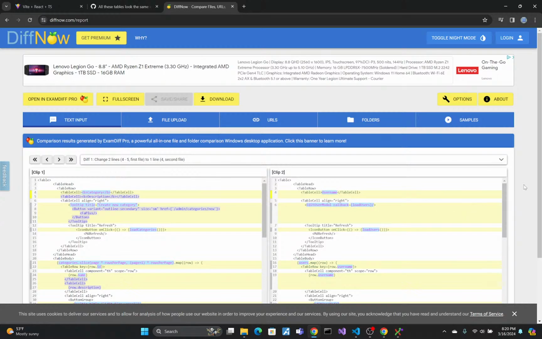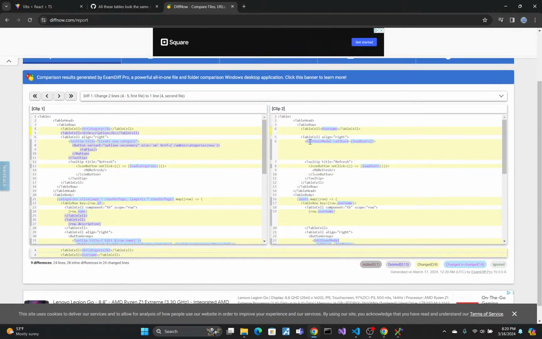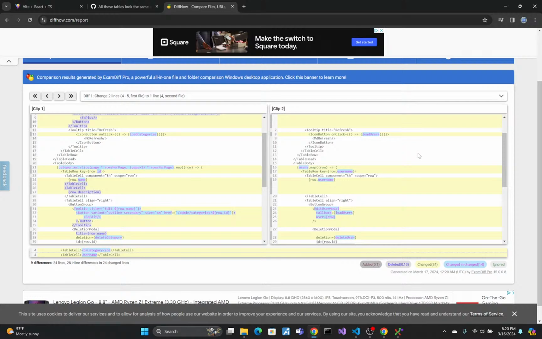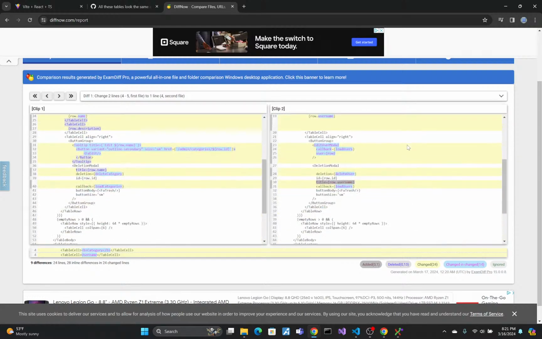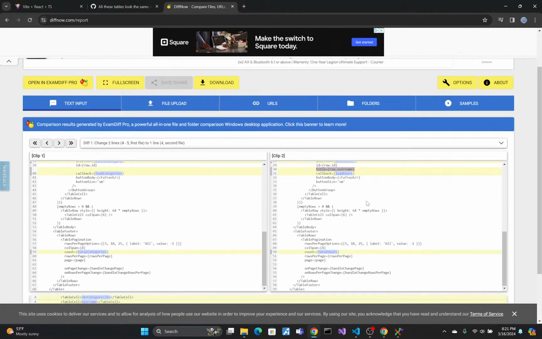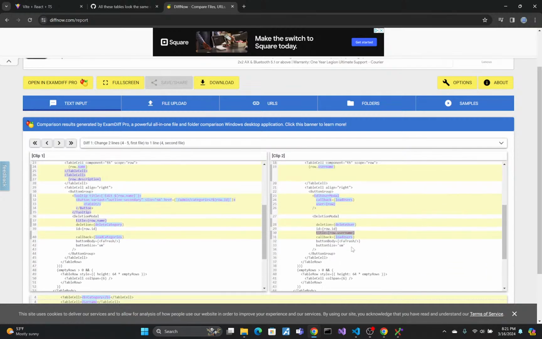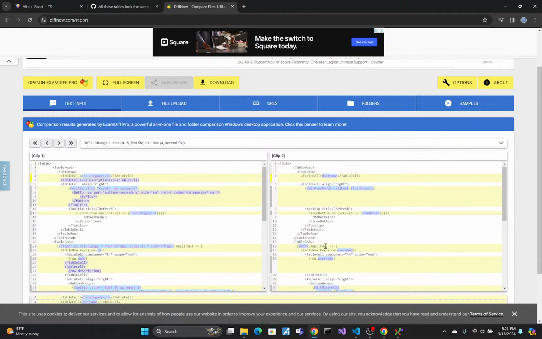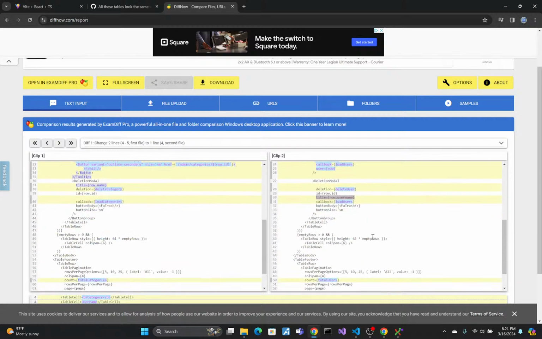So edit user modal, load users. Count. Okay, so yeah, it's really just the data, the controls, and the